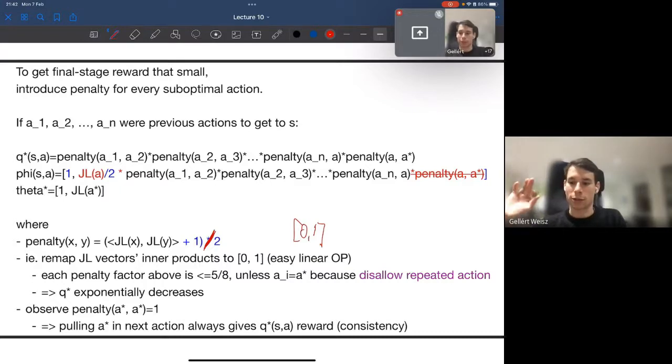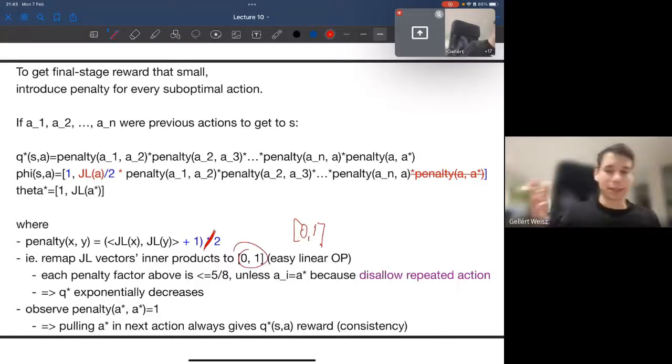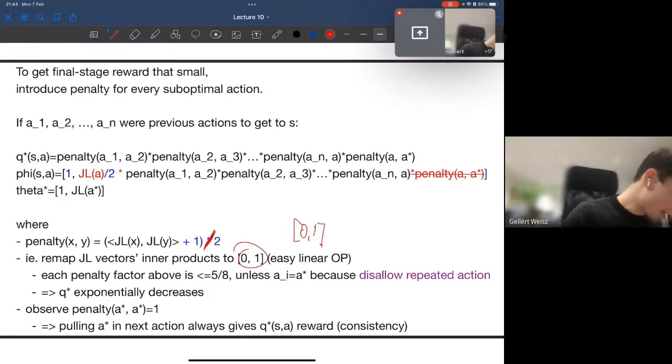So that's the solution. That's the best policy. The pi star from the S0 just takes A star, it takes 1 reward, and that's the best you can get. And it will always take the 1 reward, and it will always transition to the exit lane. But anyway, that's just a side thing. The important thing is that the penalty remaps the JL vectors to the 0, 1 things. And it's also an easy linear operation, so we can implement it with linear features. And also, each penalty factor is less than or equal to this constant. The constant doesn't really matter,